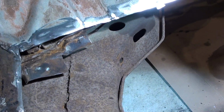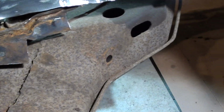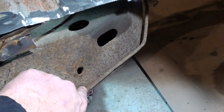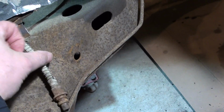Just remove the emergency brake cable, the 67 El Camino. We're under the floorboards and through the frame right here above the brake line. This comes through the frame from the other side, pokes out right here,